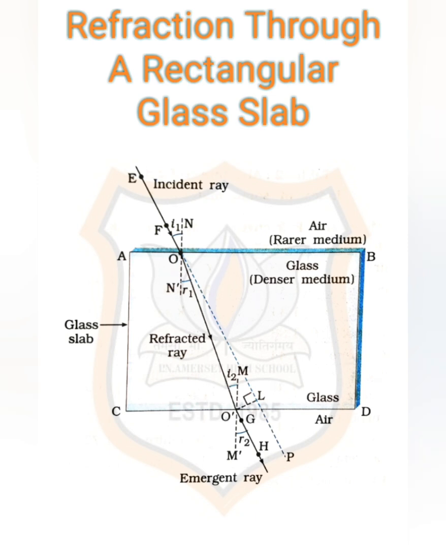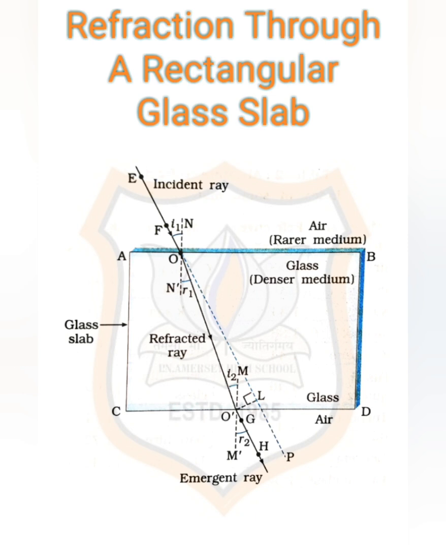Similarly, join the positions of the tips of the pins G and H and produce it up to the edge CD. Let HG meet CD at O dash, the new point O'. Join OO', also produce EF up to P as shown by the dotted line. Okay, so the light ray has changed its direction at points O and O'. Note that both the points O and O' lie on surfaces separating two transparent media.